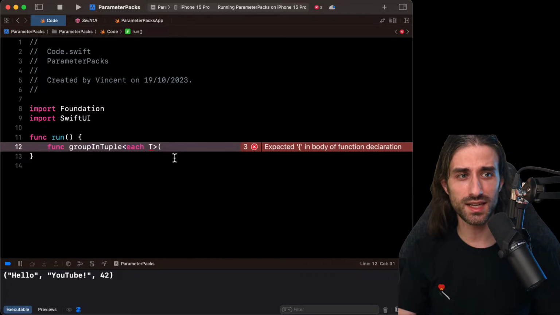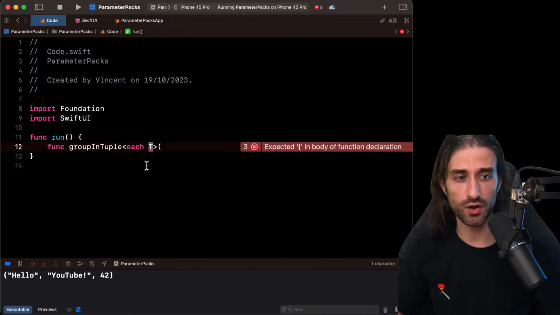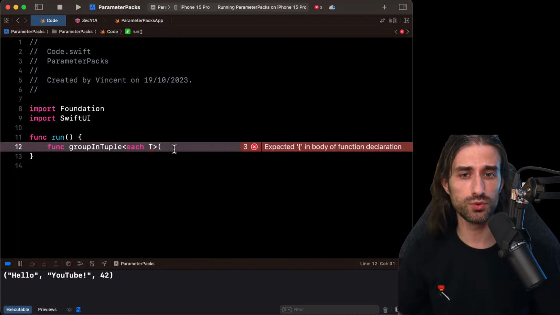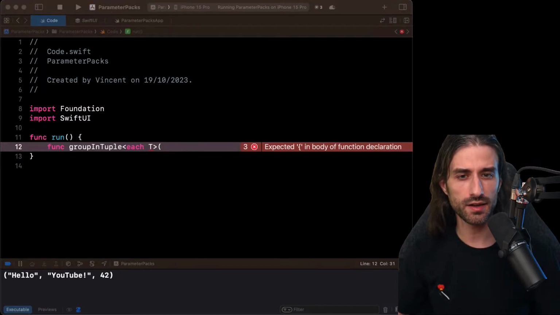So what can the argument list look like? What we want to say is that we can take any number of arguments, and each of the arguments will be of the type of each element in the parameter pack at the respective index. So the first argument will be of the type of the first element in the parameter pack. The second argument will be of the type of the second type in the parameter pack, etc. So in order to express this in Swift, we need to do what is called a pack expansion.